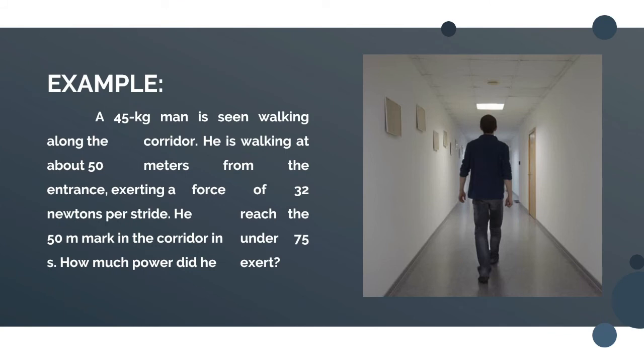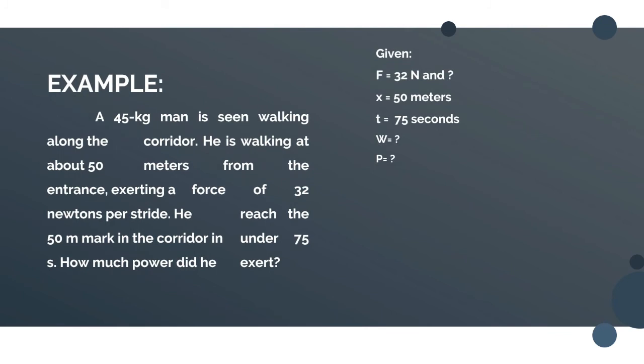For the first one, a 45 kilogram man is seen walking along the corridor. He is walking about 50 meters from the entrance, exerting a force of 32 newtons per stride. So, he reached the 50-meter mark in the corridor in under 75 seconds. How much power did he exert? Syempre, para madali nating makuha, kailangan nating identify kung ano ba yung mga given